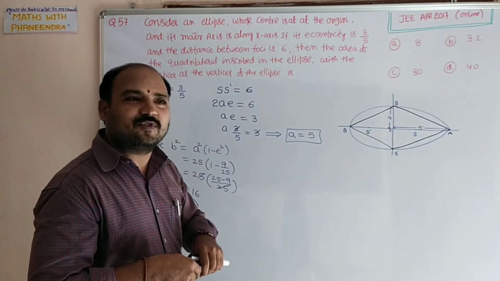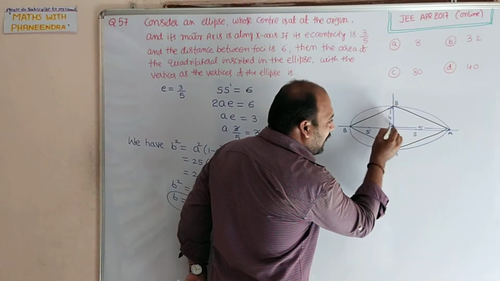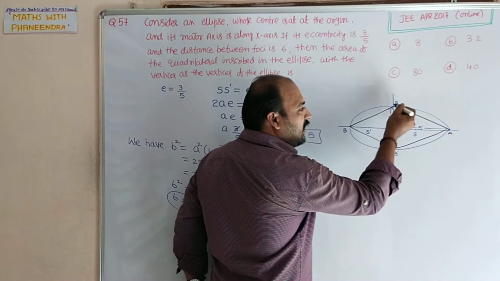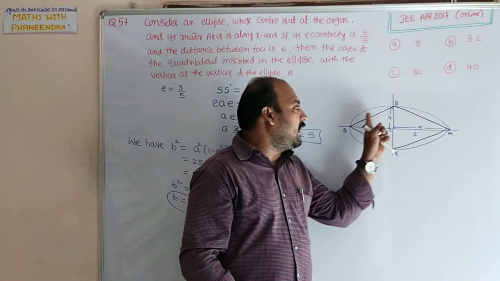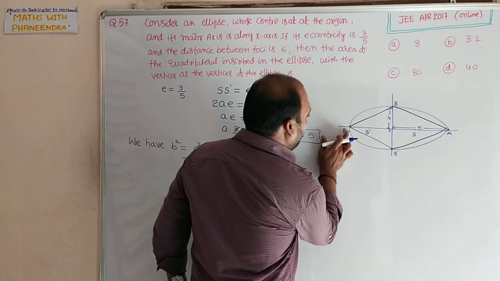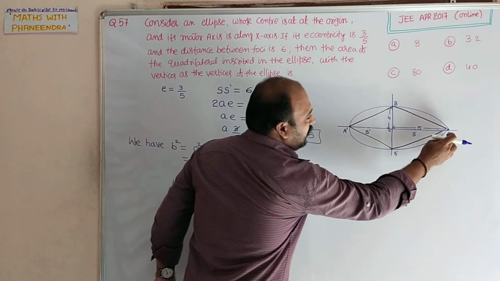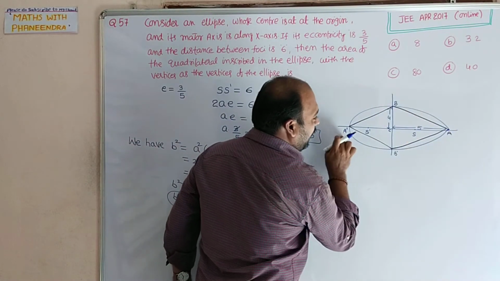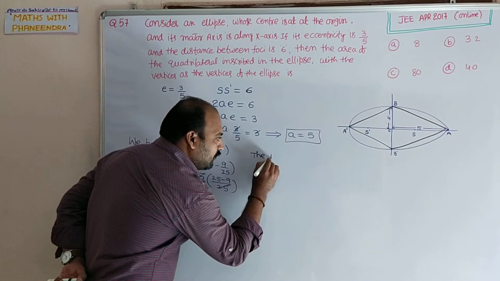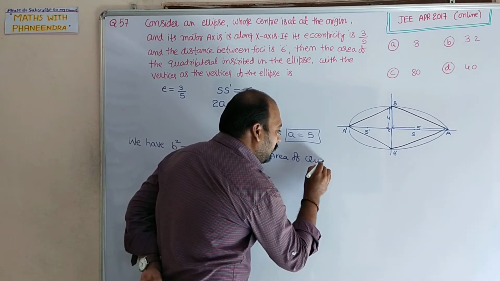But instead of that, what I am going to tell is, if you calculate the area from here to here, it is the area of triangle ACB. So the area of quadrilateral A dash, B dash equals